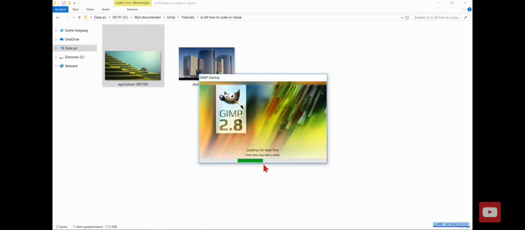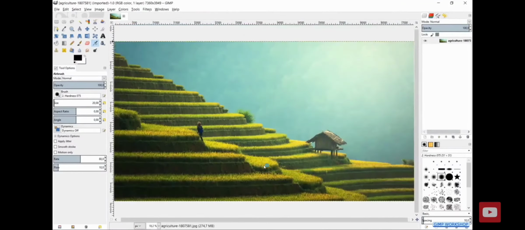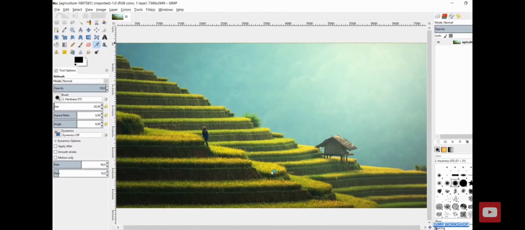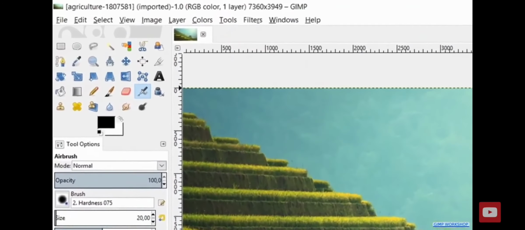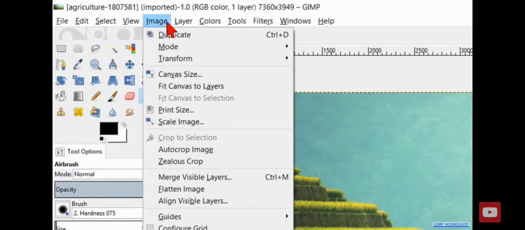The GIMP is opening up. The image will be displayed on the screen here. The resolution can be seen here. The resolution 7360 by 3949 is the current resolution of our image.